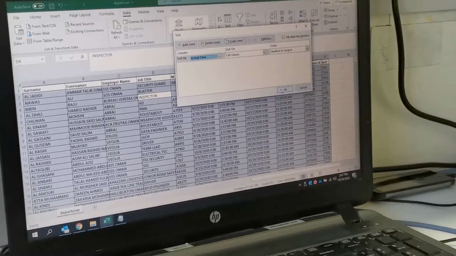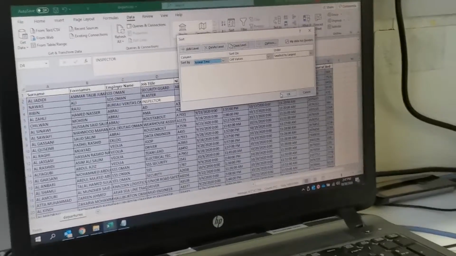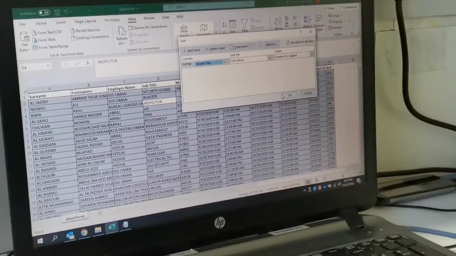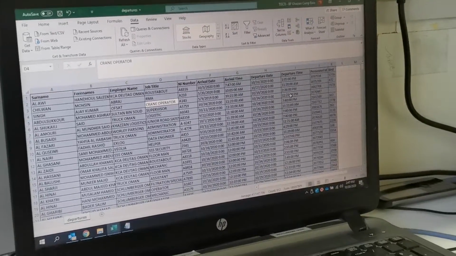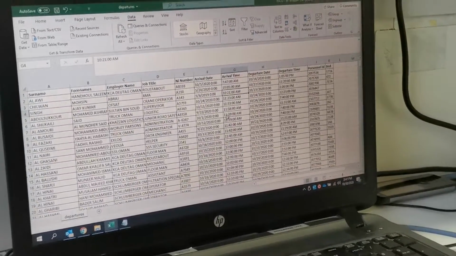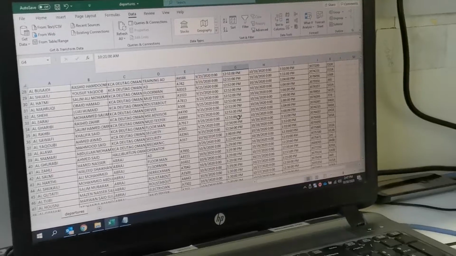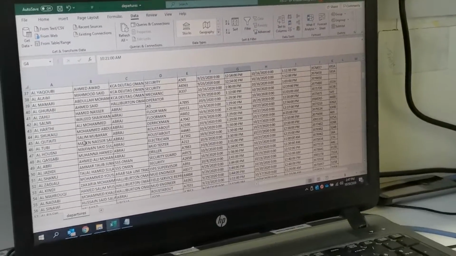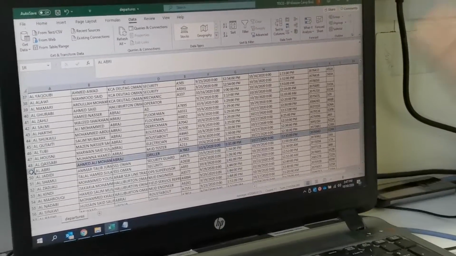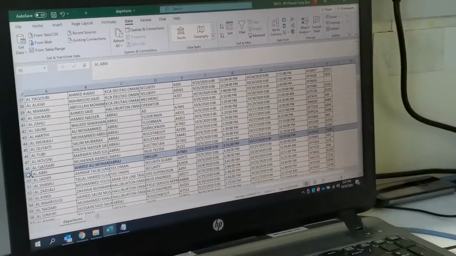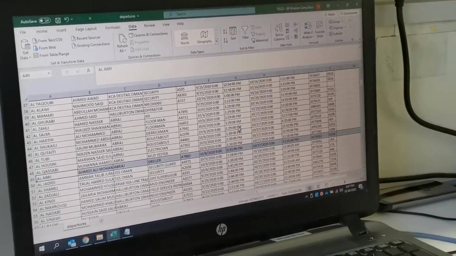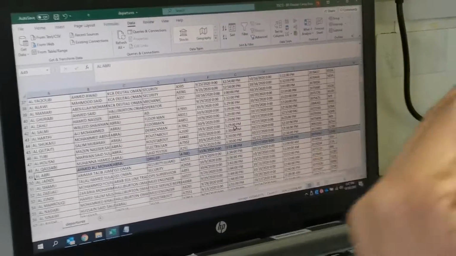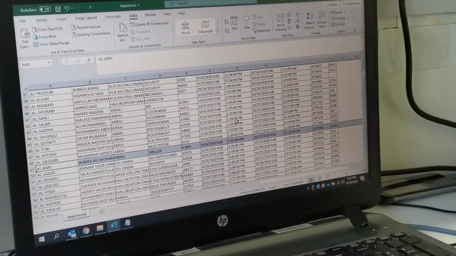Then again you have to go data, sort it with the arrival time. There is arrival time, we separated it before, and this is the reason we separated it. So now you have to sort it with arrival time. Who checked in early morning before 1:30, we cannot delete. Who checked in after 1:30, that one we have to delete.